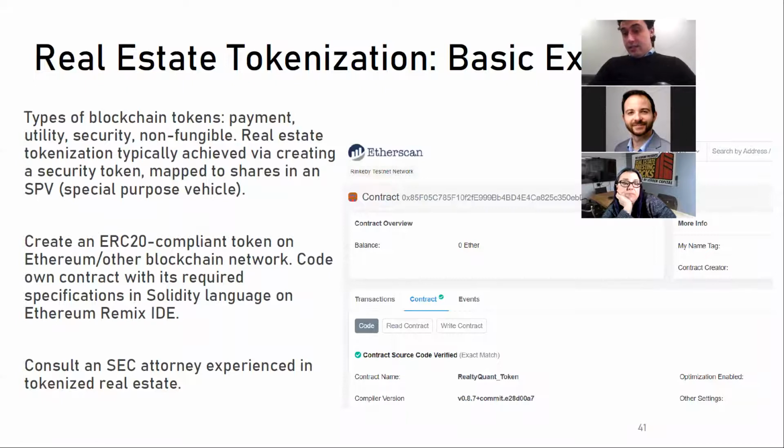And real estate tokenization is typically, now there's some discussion of NFTs there, like Propi is one example who did NFTs in the real estate space. But more typically, it's a security token. And the security token is mapped to shares in a special purpose vehicle. And so to do that,